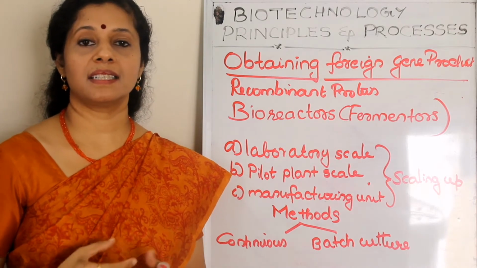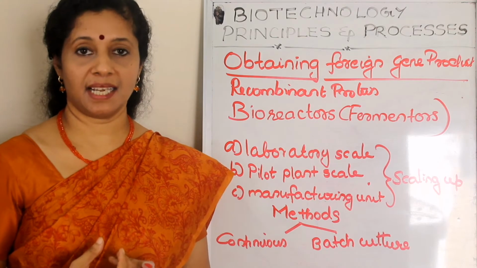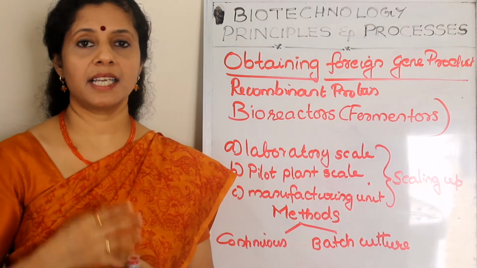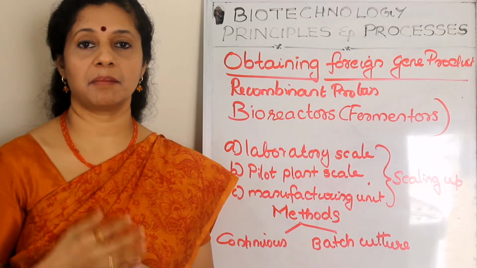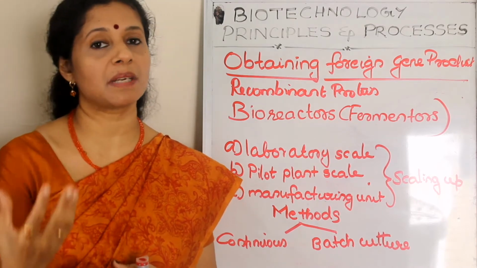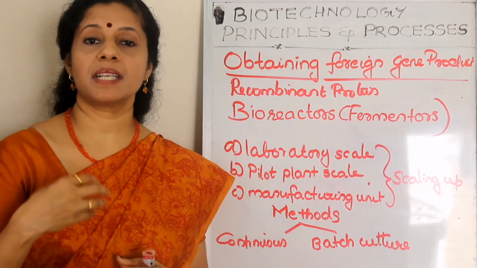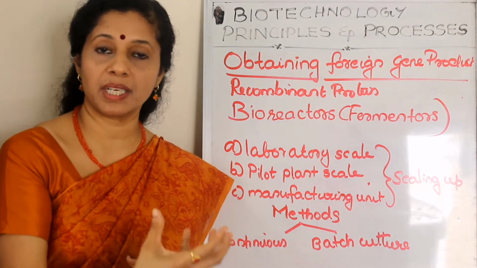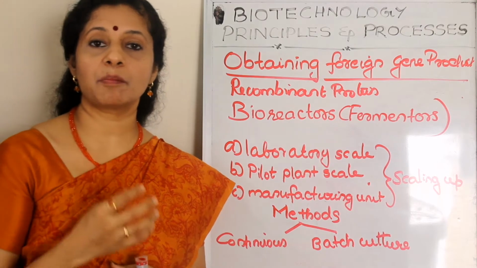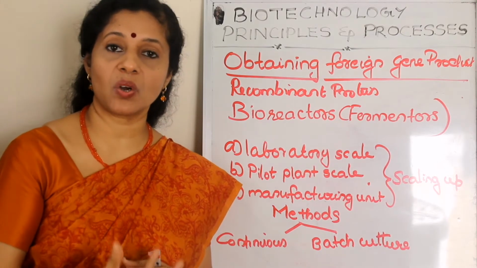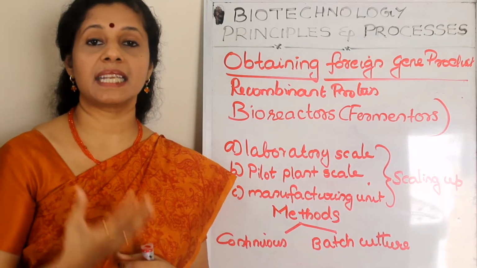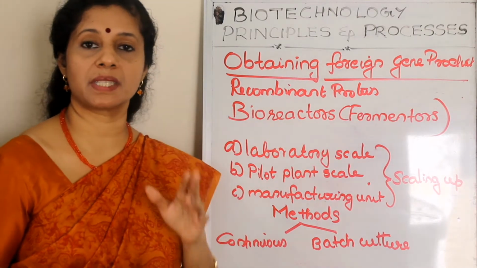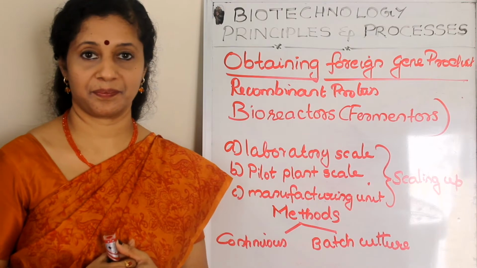So once the recombinant DNA that we produce establishes inside a host cell, it will start expressing. That means expression of a gene means producing proteins. Here proteins are produced on a heterologous host. It's not the actual host. On a different body it is expressing. So if a protein is expressed on a heterologous host, it is called a recombinant protein. So we are producing recombinant protein using rDNA technology.